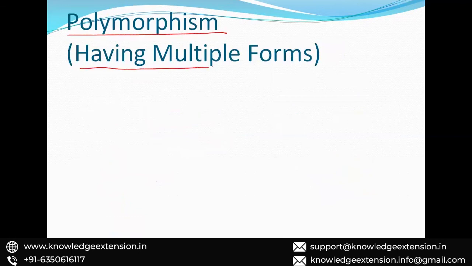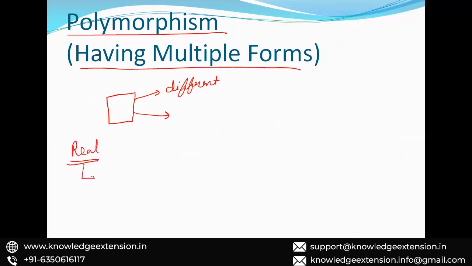Polymorphism means having multiple forms. A single thing can behave differently in different environments. So we can say that is an example of polymorphism. First of all, we have to take a real life example. In a real life example, we can talk about anybody, like I can take